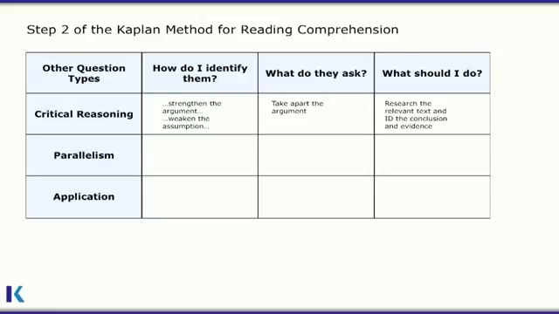Another unusual question type is a parallelism question. It asks you to take the ideas in a passage and apply them to a new situation. A parallelism question might then ask, which of the following situations is most comparable to the one in the second paragraph? Parallelism questions are more concerned with the structure than the substance, so the correct answer will provide a chain